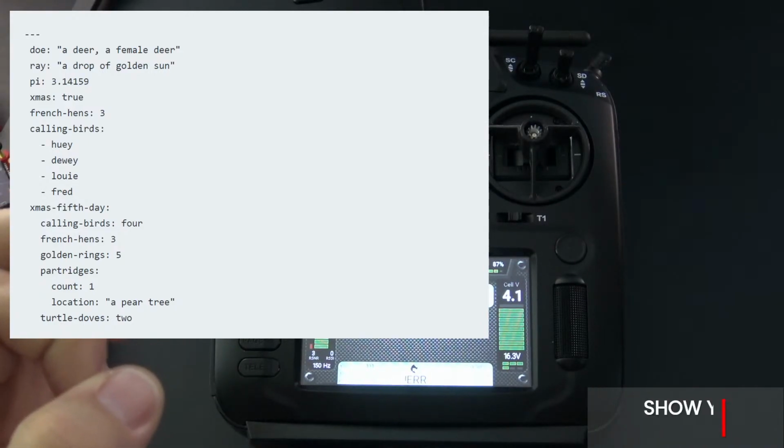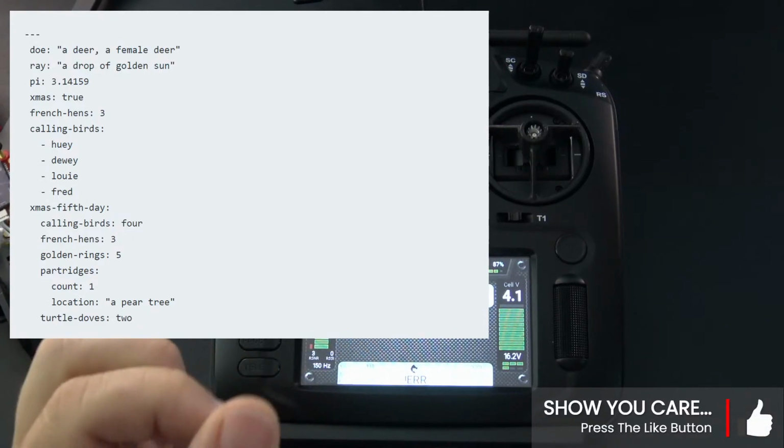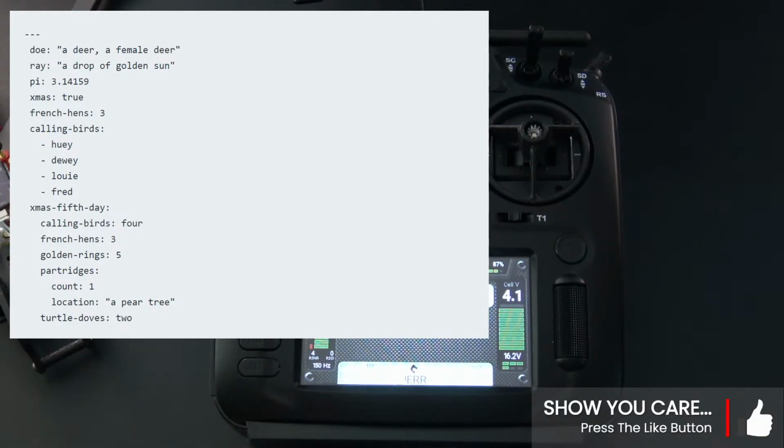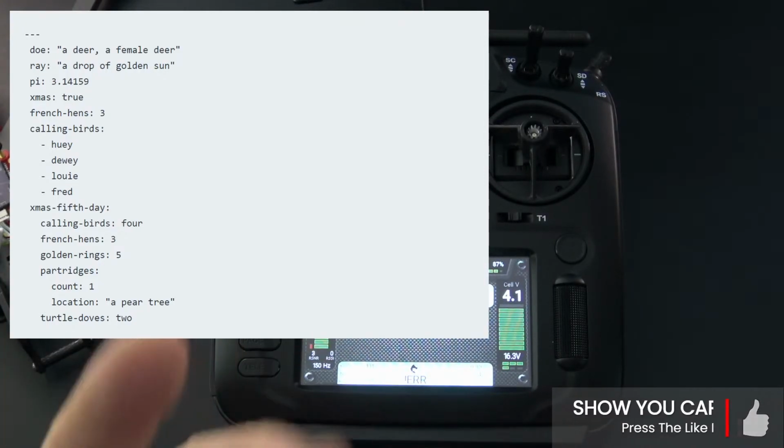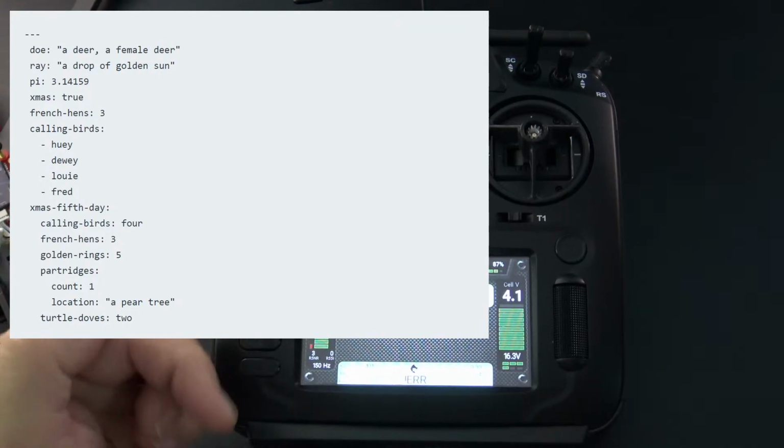If you know anything about the data structure inside OpenTx, they use these binary files. There were some efficiencies with that, but the computers are so quick these days and memory is so plentiful that a lot of those reasons for having that are no longer with us. So they're going to be switching to this format.